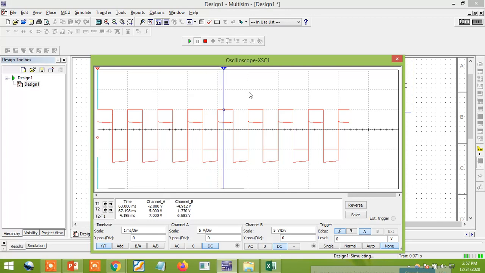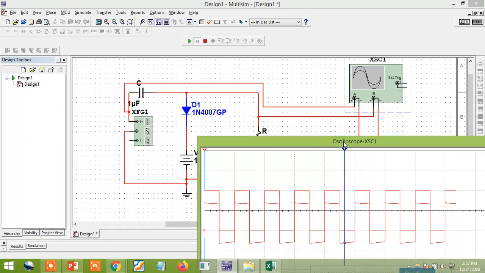If you want to see the output waveform, just click here and check it out. The positive value coming is 1.75 volts, and the negative clamp value is minus 8.188 volts. So negative clamping also is coming. So these are the input and output waveforms of the positive and negative clamper circuits.